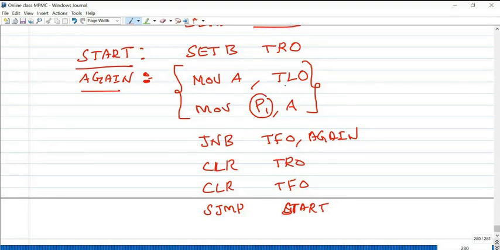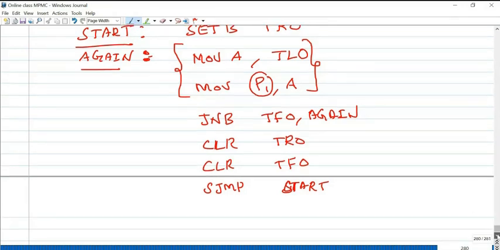If you want to know the status of TL0, display the TL0 value in any one of the ports. In this example, I'm displaying the status of TL0 in port 1. Move TL0 to the accumulator first, then through the accumulator move to P1.